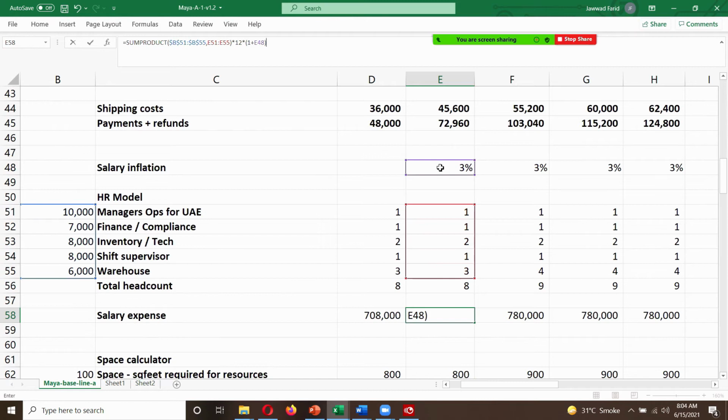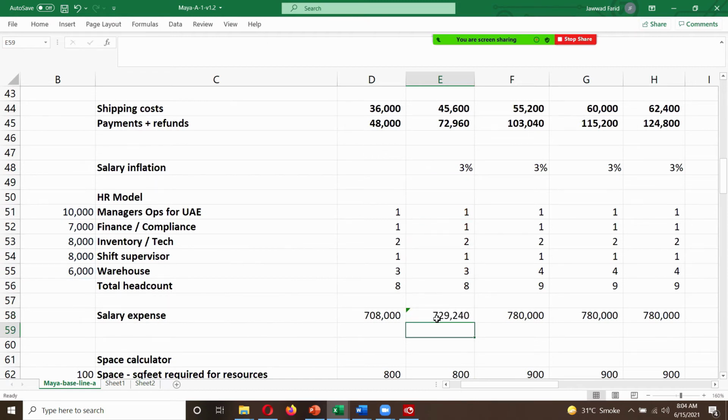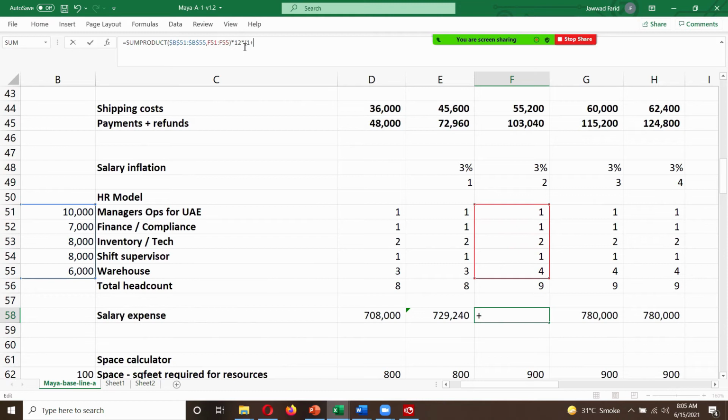here. But this 3% is not going to help a lot, because you actually need to compound it, right? So this is 1, this is 2, this is 3, this is 4. So you want to do this for multiple years. So here it's going to be 1 plus this 3%, and you want to increase it, so raise it by 2 so that it gets squared and compounded, and there you go, that's much better. So that's 2,